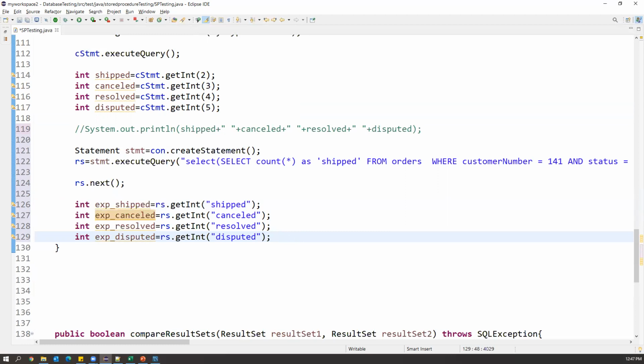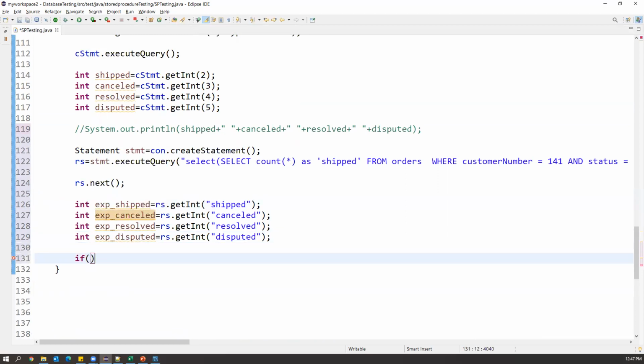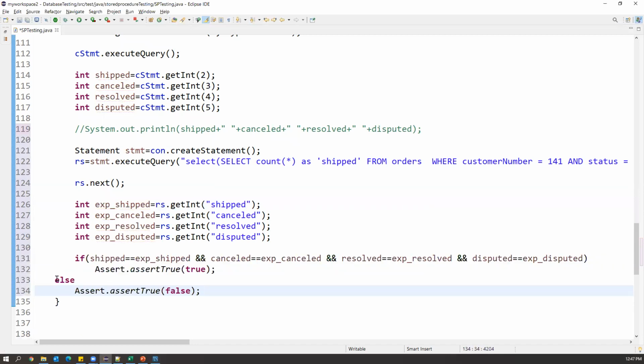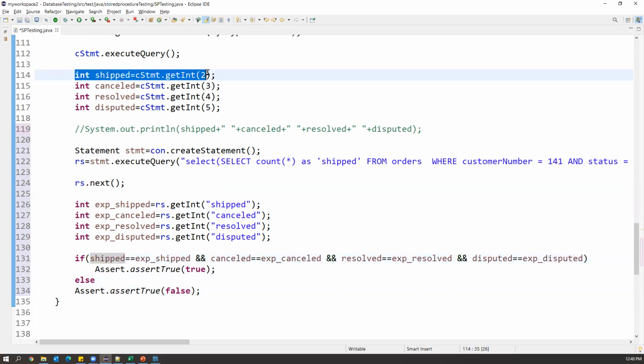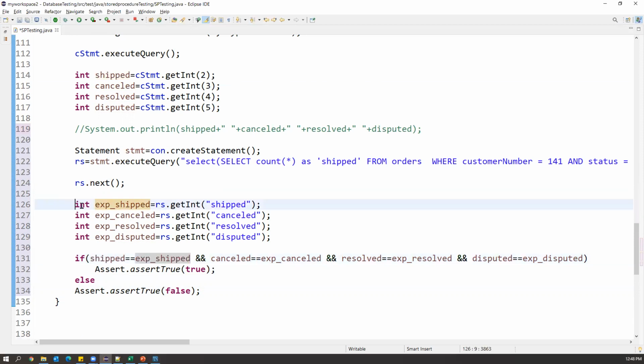For that, we need to write one if condition along with the assertion. So here I'm writing one if-else condition. If shipped equals expected shipped, what does this shipped mean? It is the output which is coming from the stored procedure, and this is the variable which holds the data from the result set. Similarly, cancel we have compared, resolved compared, disputed also compared.